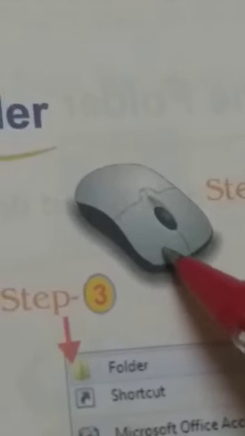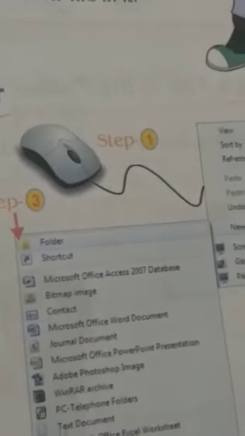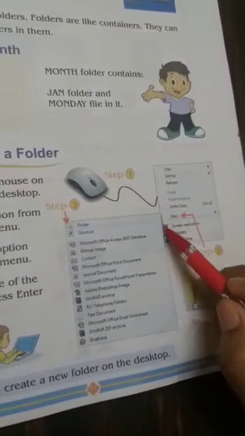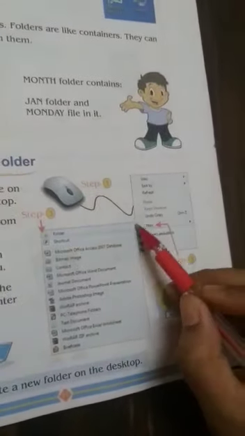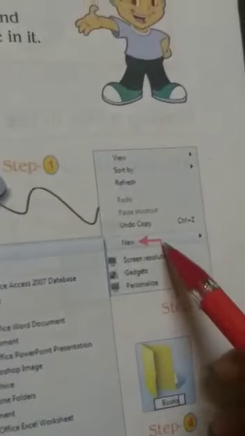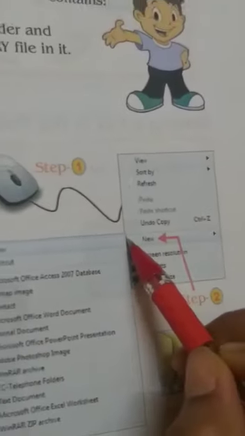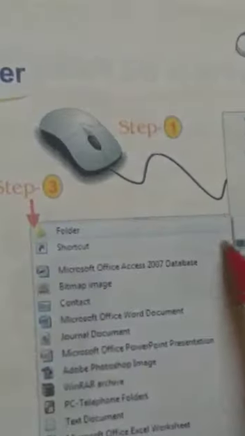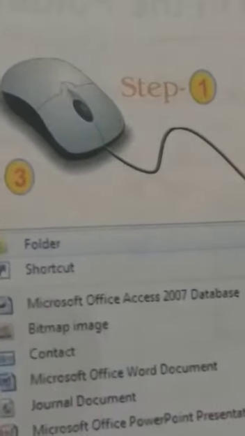So when you press this button, you will be able to see this type of shortcut menu. In this shortcut menu, you have to click on this New button. Once you press this New button, you will find yourself with another shortcut menu, and in this menu you have to click on the option Folder.